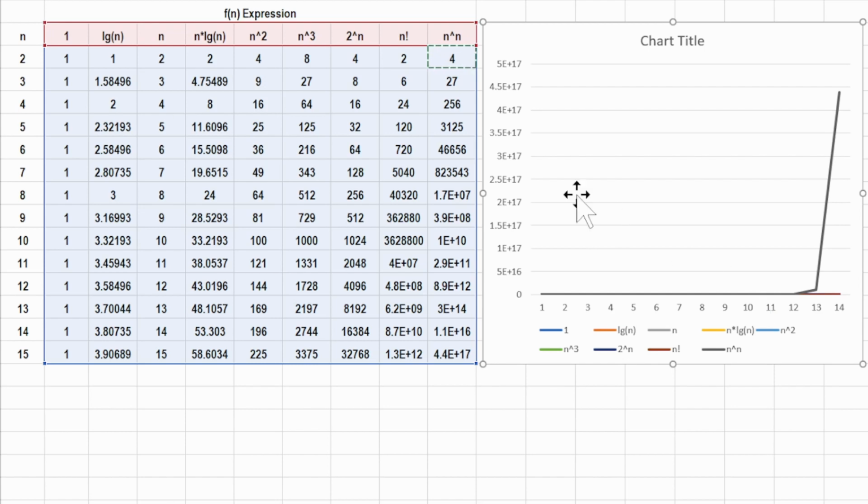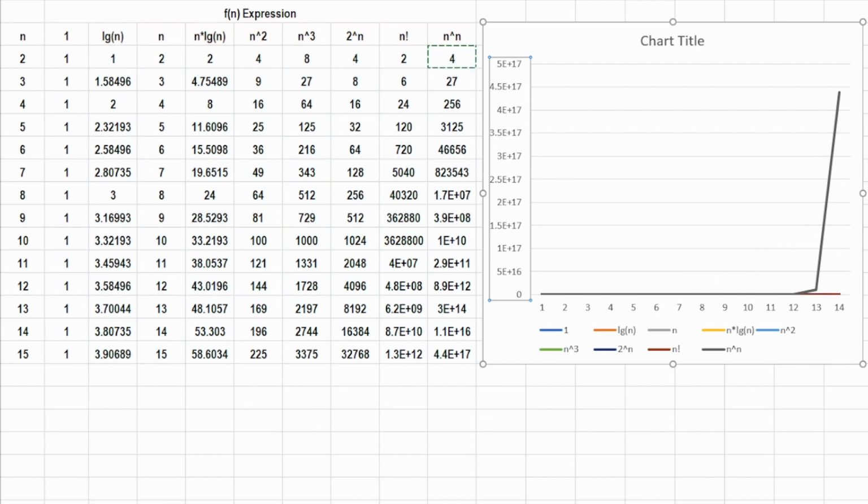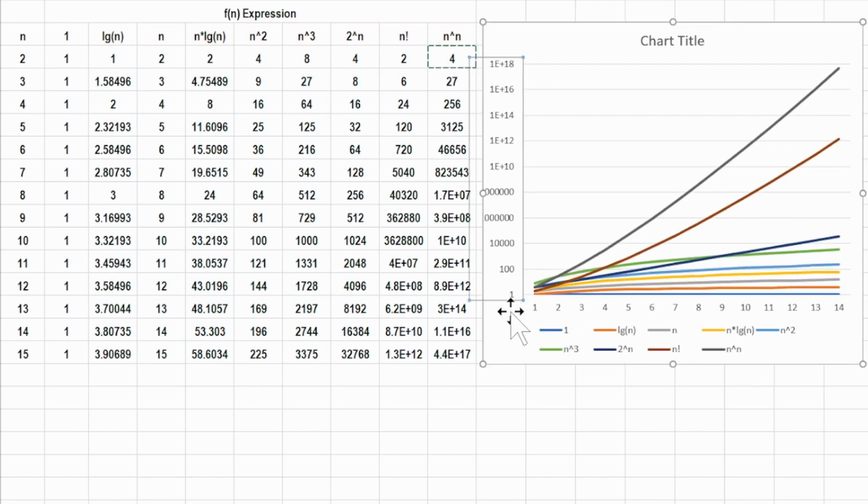the other complexities. So what we're going to do is actually change it so that this is a logarithmic scale. And by putting it in as a logarithmic scale, you can actually see the separation of these different functions. So a constant, that's this blue line on the bottom, and then just above that you have log n, and then just above that you have n, and then just above that you have n log n, and then you have n squared, and then this is the n cubed, and n cubed actually starts outpacing most everybody, but it